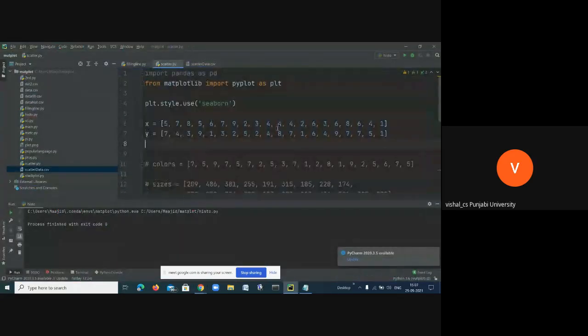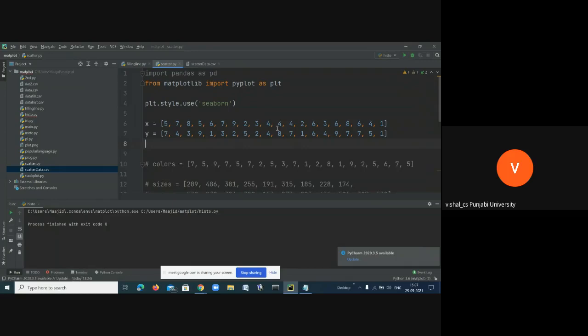what I have used here. Simply, I am using pyplot from matplotlib, as you saw in other codes. In the second line, I am using a style, and in the third and fourth lines I am creating two lists, x and y. I have already told you that scatter plots are great when we want to see the relationship between the data, the correlation between x and y.